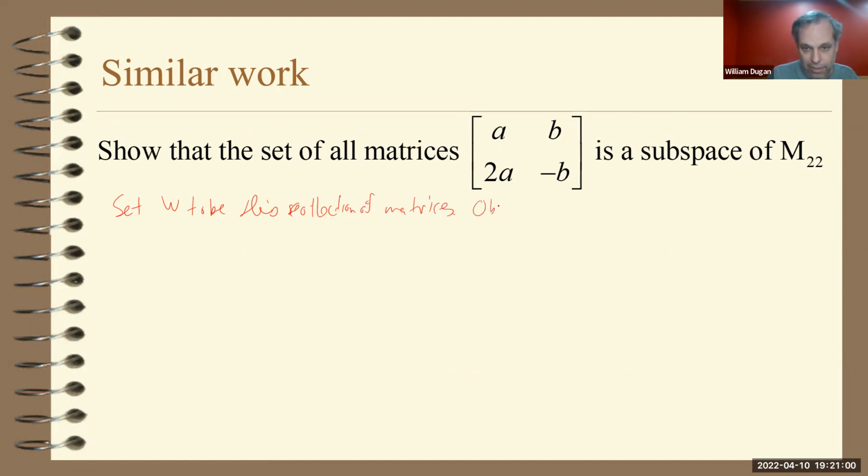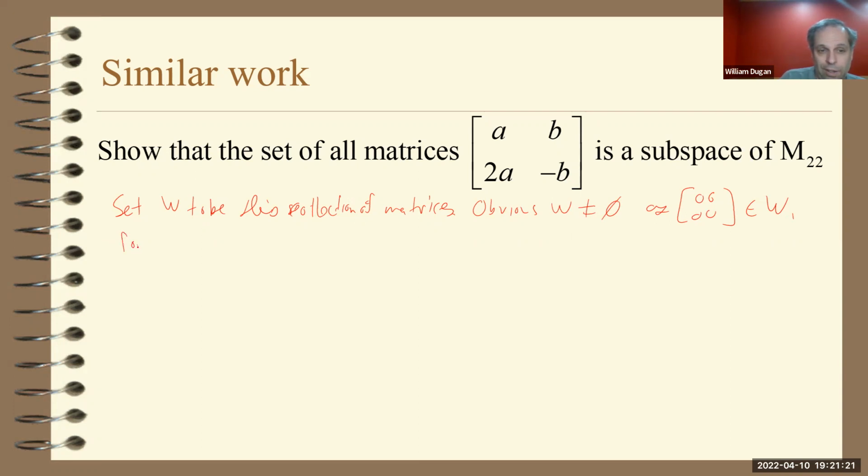So obviously W is not equal to the empty set, as the matrix 0, 0, 0, 0 is in that set. So we have that one all math is true. Next, let's just take two things. So then assume,